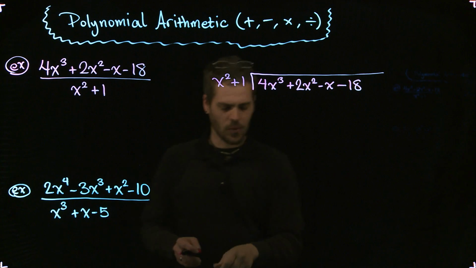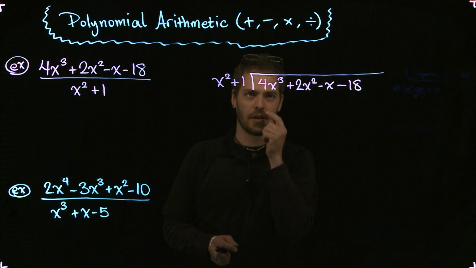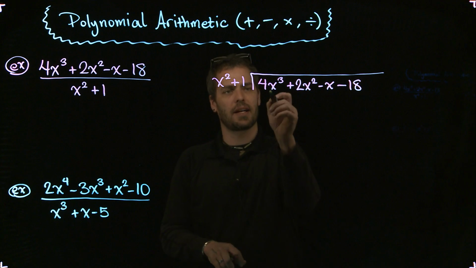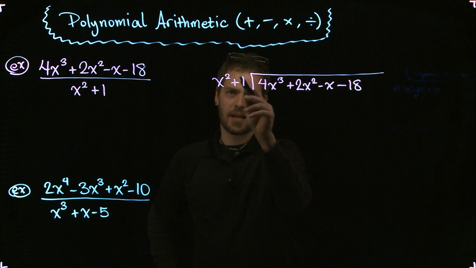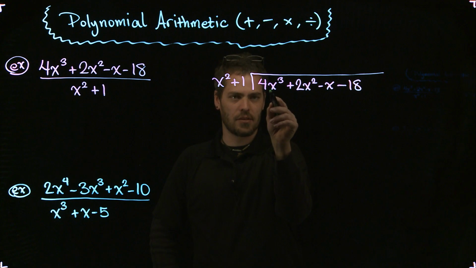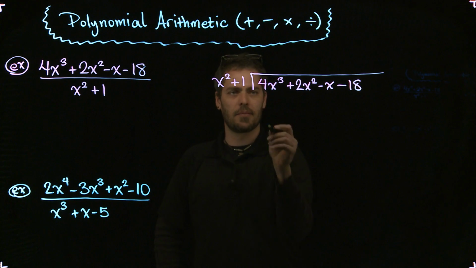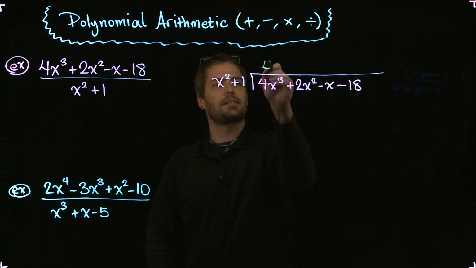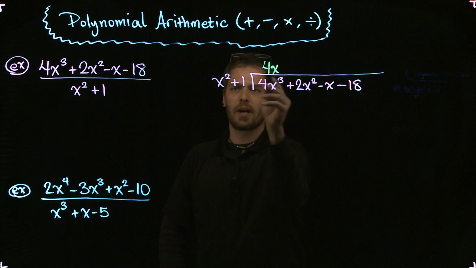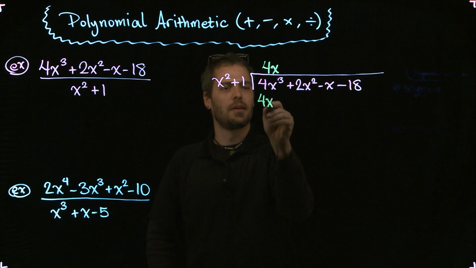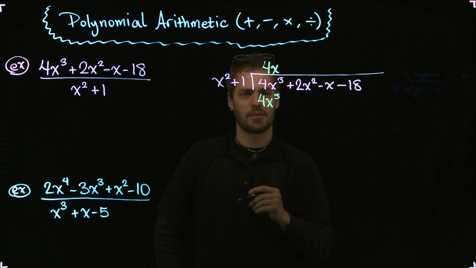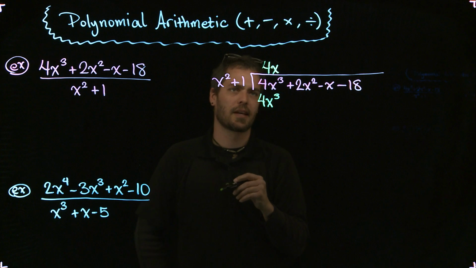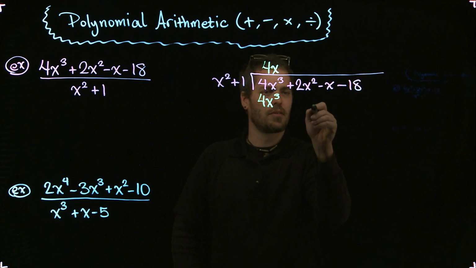Okay. Now when we approach polynomials like this and we're doing the division, what we look at is the x term. So looking at my 4x cubed, what times x squared here is going to give me a 4x cubed so that when I subtract, I can eliminate those guys, just like you would when you're dividing numbers. So I can see that 4x would do it. 4x times x squared gives me the 4x cubed that I wish to subtract from that first term so that they eliminate each other. But I also have to multiply this 4x times the 1, and that gives me a 4x, and I'm going to line that up with my x term over here. So I'll put plus